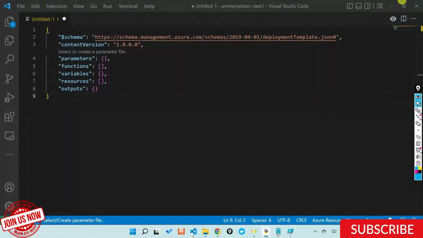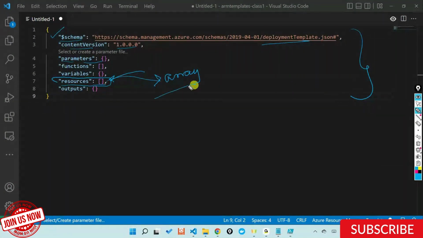Okay. So there are a couple of things out here with this blank template. It is starting with something called what? Schema. It's saying dollar schema. Again, everything is a key value pair. But do you see one thing here? And what is this, guys? It's an array. Array in JSON. Exactly. It's an array in JSON. We'll talk about why this is an array, why everything is a list and all these things out here.